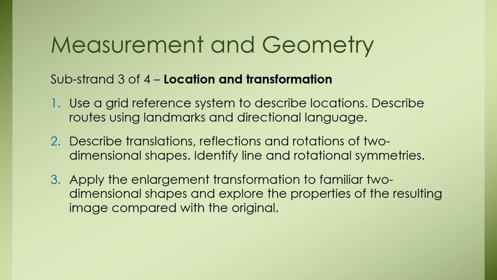Describe translations, reflections, and rotations of two-dimensional shapes. So that's mainly got to do with translations, shifting things on a grid a number of squares up or down or left or right. Reflections is just a mirror image, so flipping something over a line, and then rotations is just spinning something around,